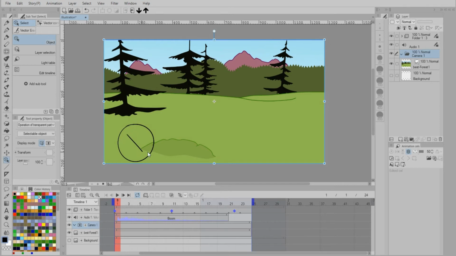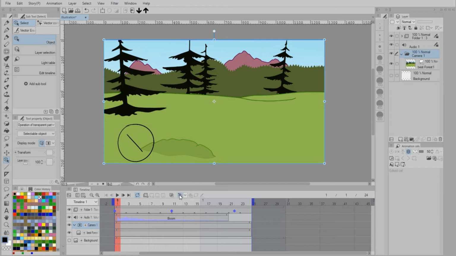So we want to have a camera move that will not affect this numeric animation, but will only affect what we see in the background. So I'm going to take the background and drag it underneath the camera. And now I'll select the camera and make sure that I've got the object tool selected. I will go to the first frame and we will leave it fully exposed to see the entire background, and I will just click a keyframe,